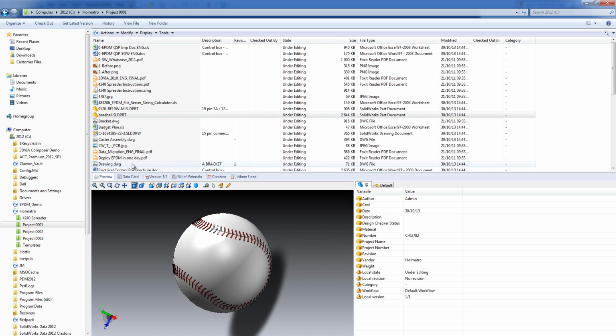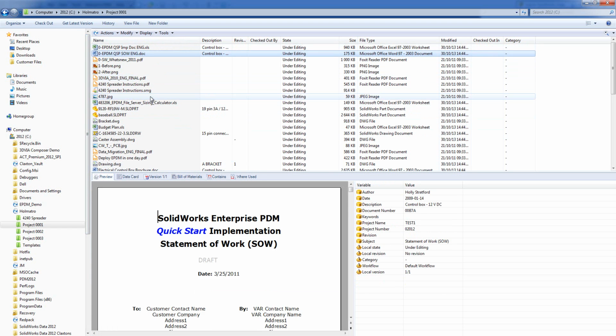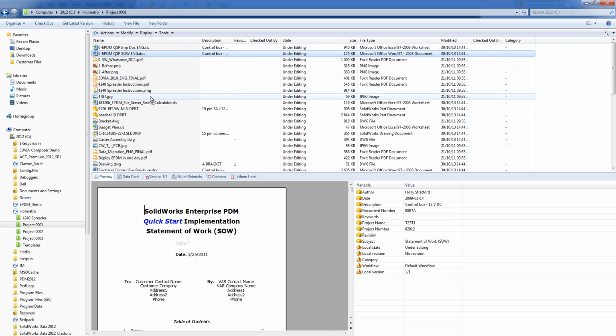So we get our full eDrawings preview. We can then also come back and have a look at, for example, Excel files. We can have a look at Office files. So all these different file types are previewed and usable or readable directly from the Explorer interface without having to open the file itself. Now, if we come back to the main page,